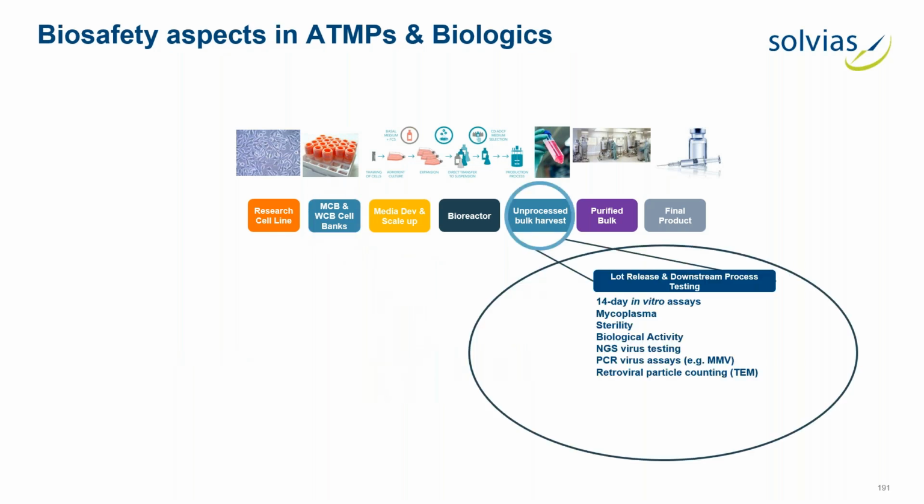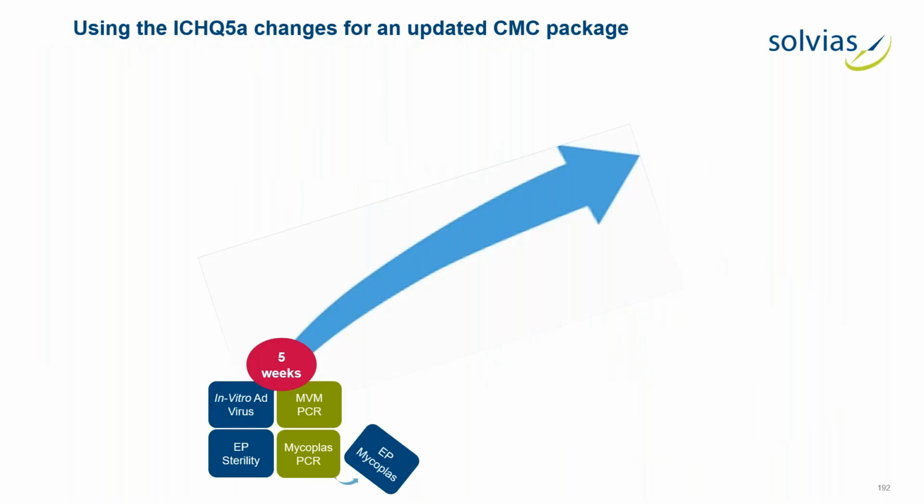Now, to go to unprocessed bulk harvest, we take a quick look through this again and remind ourselves. With a 14-day in vitro assay, a compendial mycoplasma, a compendial sterility, biological activity, NGS viral safety, etc. There's things we can improve there. The classic release for an unprocessed bulk harvest in the CHO would probably take several weeks, around about 6 to 7 weeks. If we take a look forward, we look here 5 to 6 weeks,